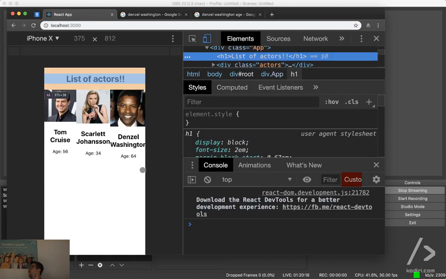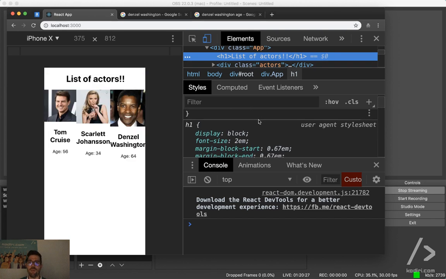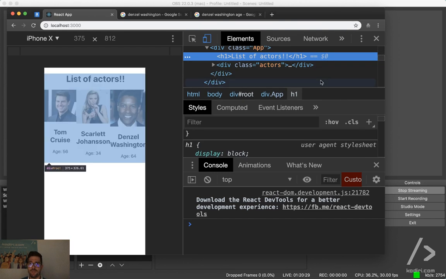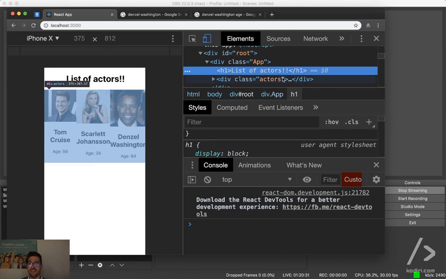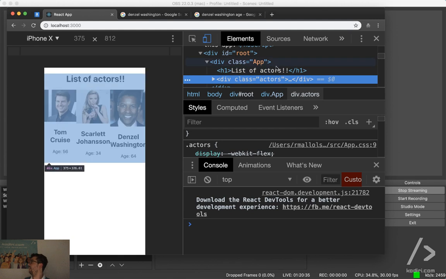Oh, it's broken. Right? We broke it. We broke it for mobile. Why did we break it for mobile? Because, and actually that's another good hint, I believe, you can inspect, you can select elements on the